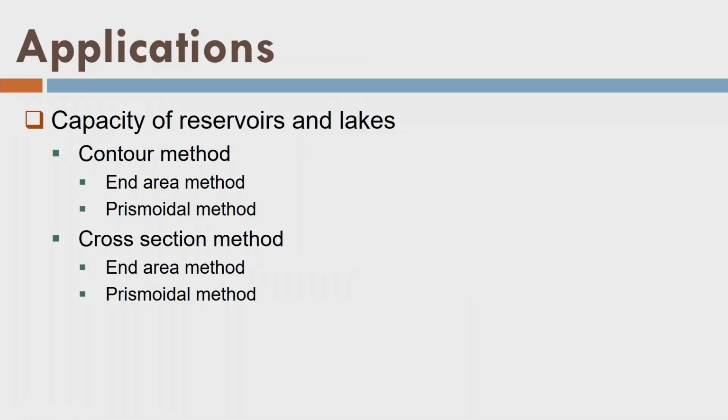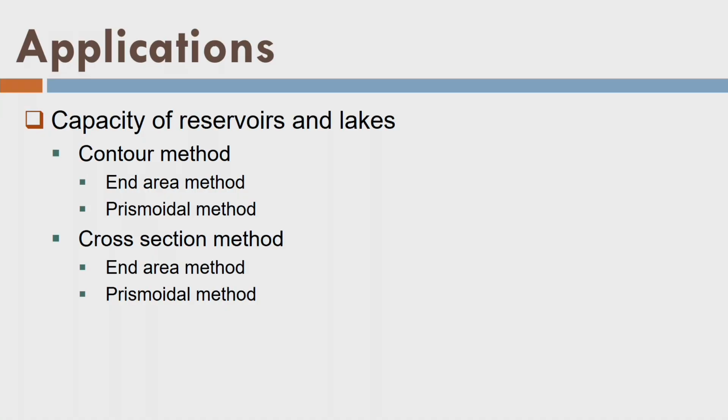Fine. So here, let us look into the applications. Applications means, let us say we have acquired the data. Let me tell you one thing: since the echo sounder itself is a big area, we are going to consider it in the next lecture, but here we assume that we have observed x, y and z positions. Now with this observation, what can we do? We can have some applications.